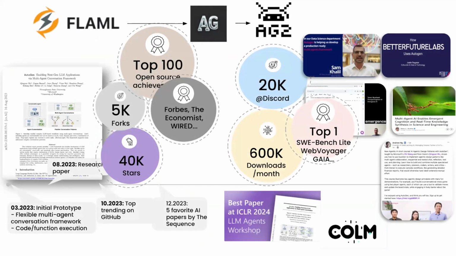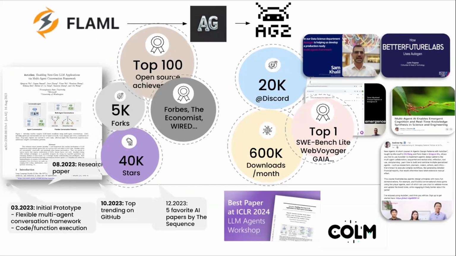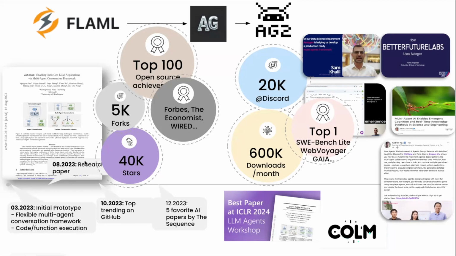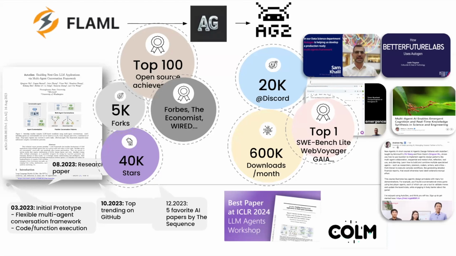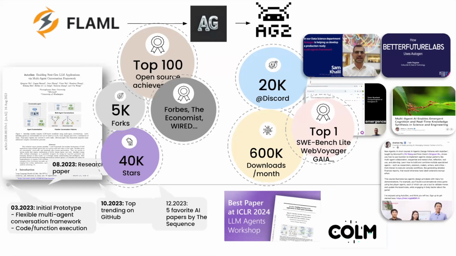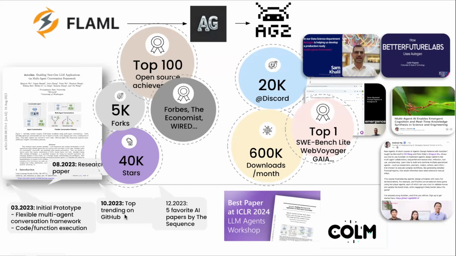And I want to first mention that it's actually a long journey. About 6 years ago, I started this open source project called FLAML, focusing on automating machine learning and hyperparameter tuning. And about 2 years ago, we started building this AutoGen framework inside the FLAML project. Until in October 2023, we moved to a standalone repo on GitHub. And at that time it was still called AutoGen. And that's the time we got a lot of traction. Professor Qingyun Wu from Penn State University and myself were the earliest builders of this software.